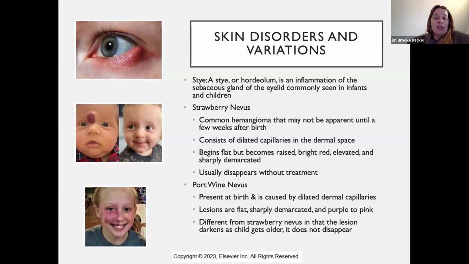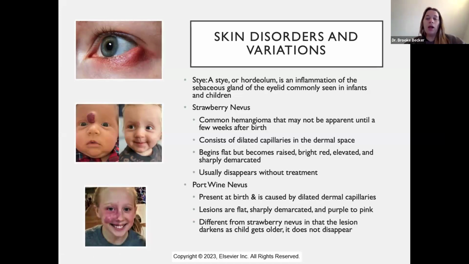Port wine stains or port wine nevuses, that's what this girl has. So this is present at birth. At birth, you will notice these. It's caused, once again, by dilated capillaries. These stay flat. Okay, these do not raise. They stay flat. They can be pink to purple. They kind of look like